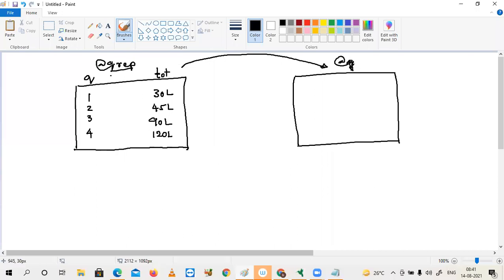Let's say Q rep 2, with the same columns and the same values: $30, $45, $90, and $120. Think that we have the same copy in 2 sets. One is Q rep 1 and another one is Q rep 2.